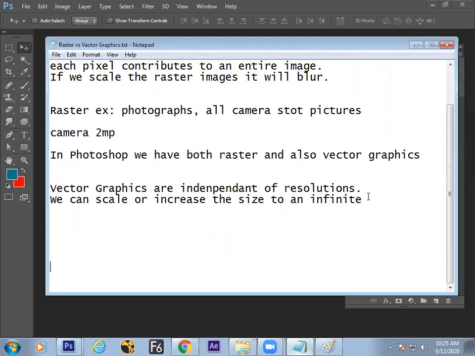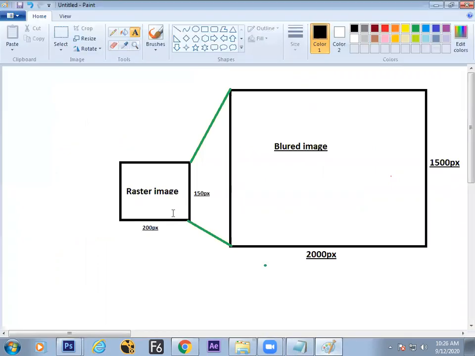There are certain softwares which we use only for vectors, like Adobe Illustrator and Corel Draw. These are vector-based softwares, meaning whatever you create in this software will be a vector, and that will be resolution independent.